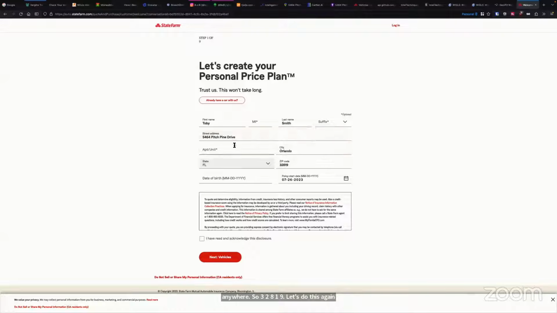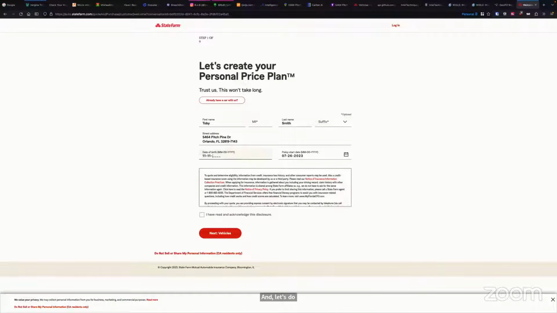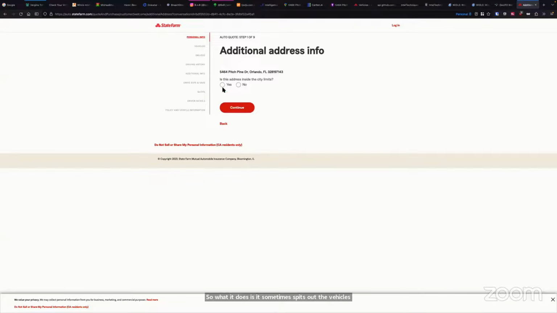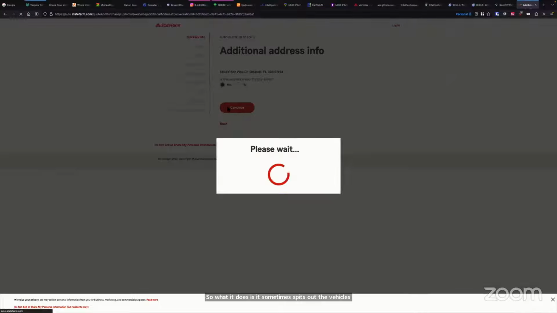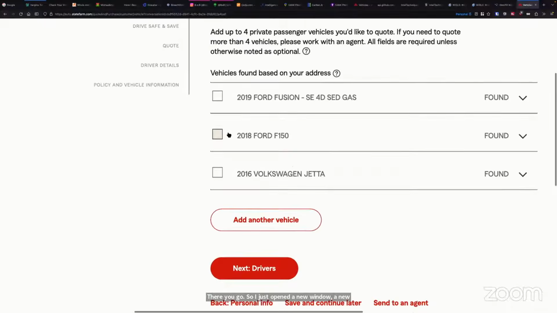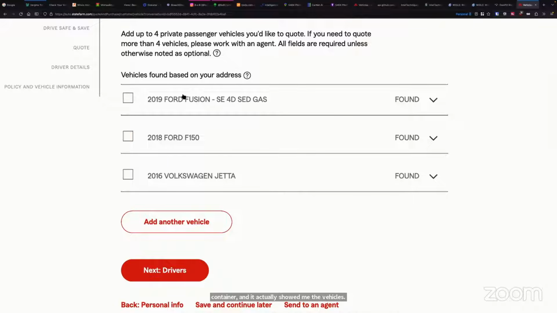What it does is sometimes spit out the vehicles for you. Maybe for this address it's not. There you go. I just opened a new window, a new container, and it actually showed me the vehicles. Phew, demo gods. So Ford Fusion, Ford F-150, Volkswagen Jetta.